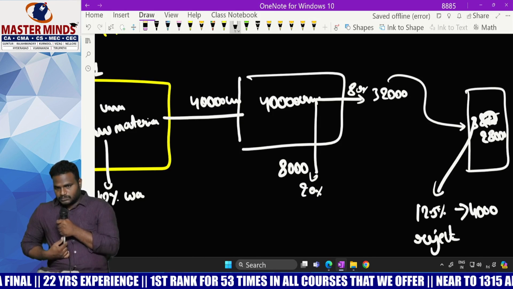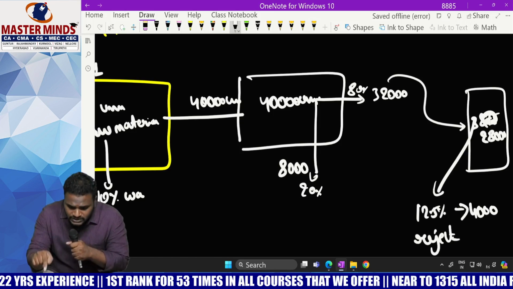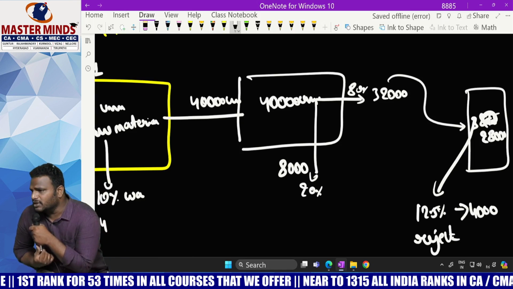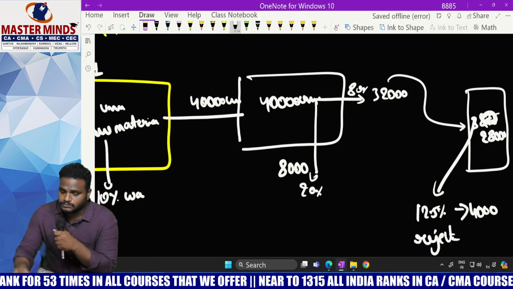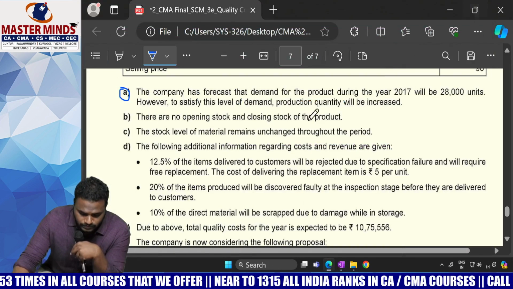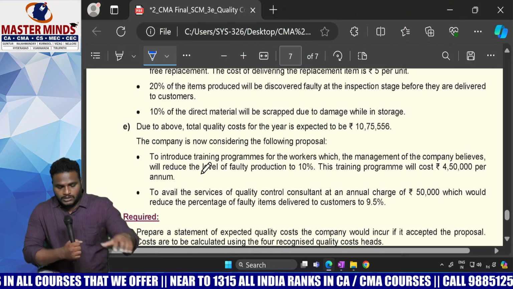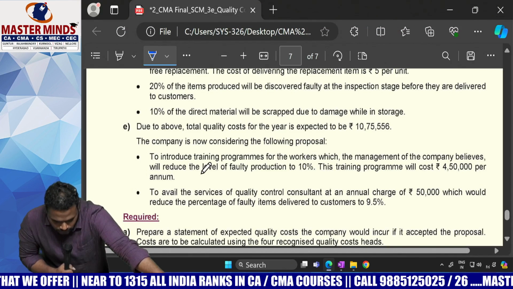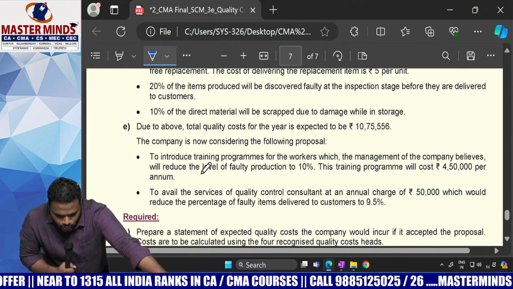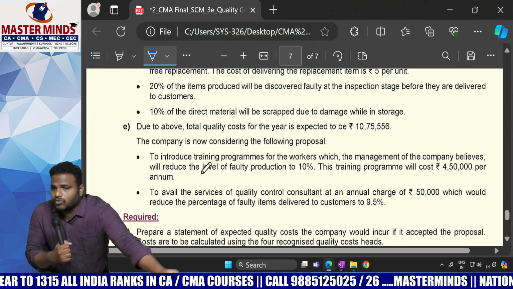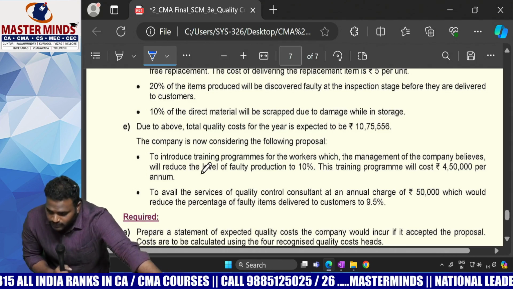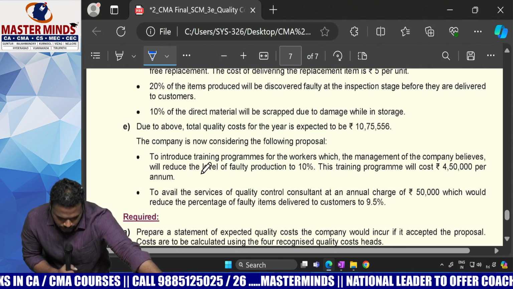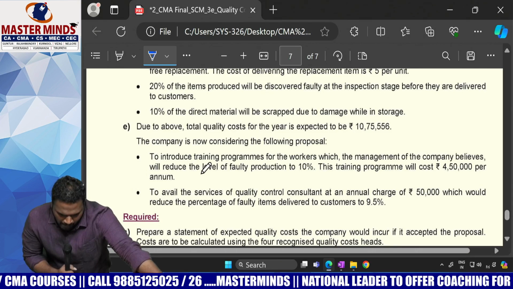Clear? In order to avoid this rejection, this production wastage, this raw material wastage, the company now wants to implement TQM. Come to the next part of this question. Due to the above, the total quality cost for the year is expected to be rupees 10,75,556. Okay. The company is now considering the following proposals: to introduce training programs for the workers, which the management